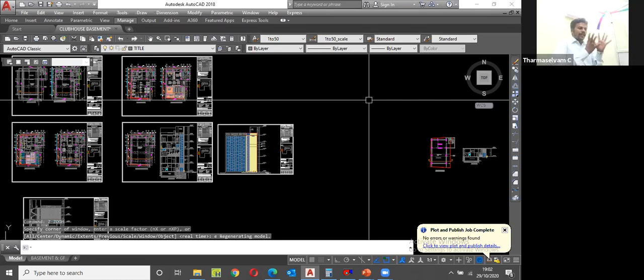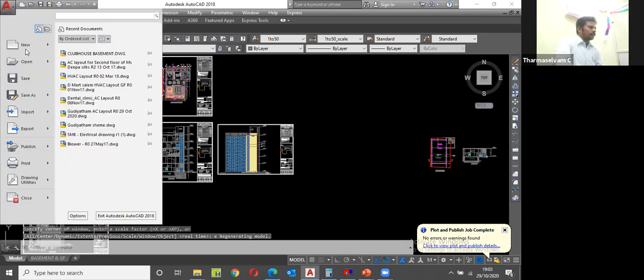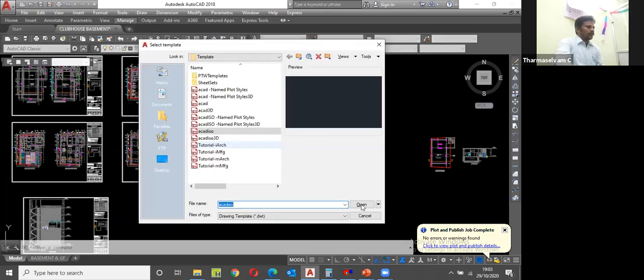If you are going to draw the AHU, then you can put your layer name as AHU. That component name color should be blue. Before starting the diagram, you change the other services color to number 8. After that you lock all the objects from other services. After that only, you start your HVAC diagram. This is the steps to start our drawing. Now I am going to start a new diagram. New, open.